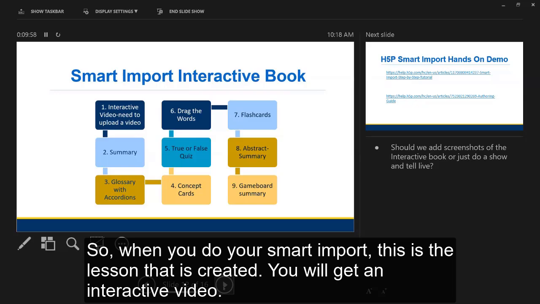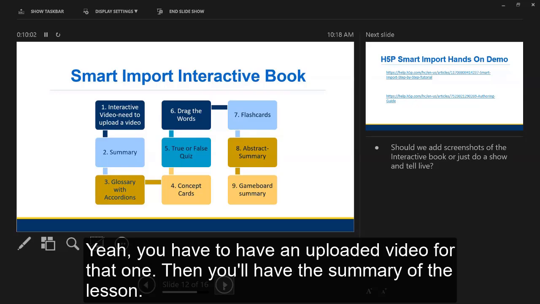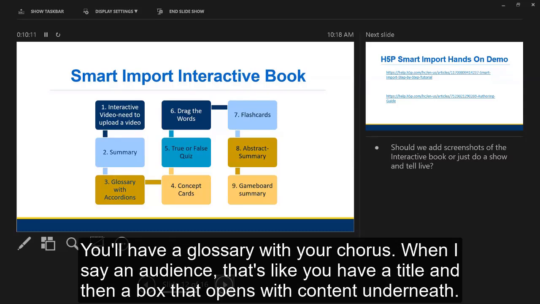When you do your Smart Import, a lesson is created. You will get an interactive video, though you have to have an uploaded video for that one. Then you'll have a summary of the lesson, and a glossary with accordions. When I say accordions, that's a title and then a box that opens with content underneath.